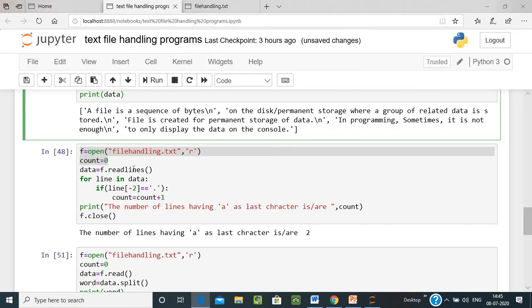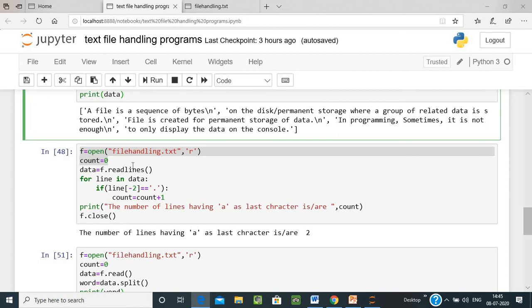See in this example, I have opened handling.txt in reading mode, count equals initially 0, now data equals f.readlines. Here I am reading all the lines and storing them in data. Now for line in data. What is data? Data is a list containing all the lines.